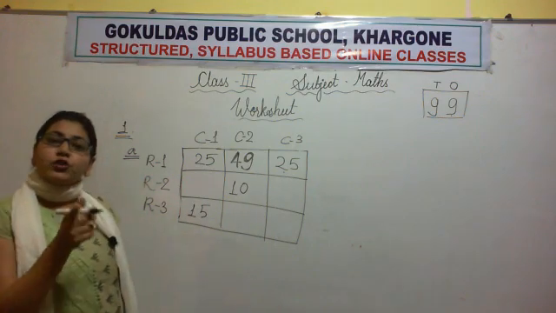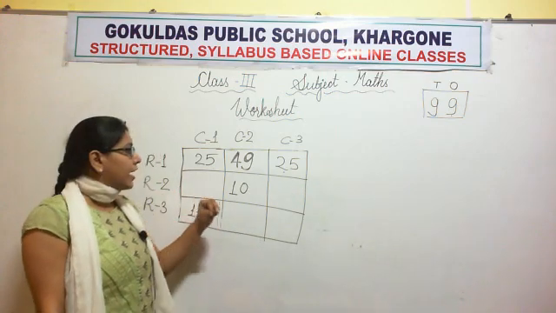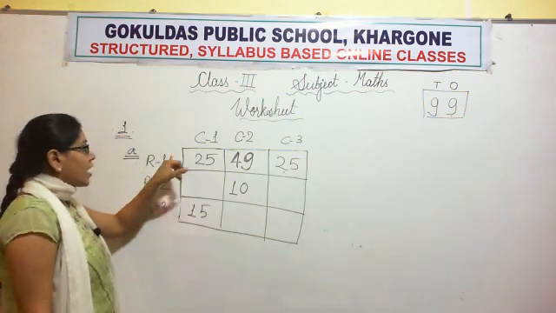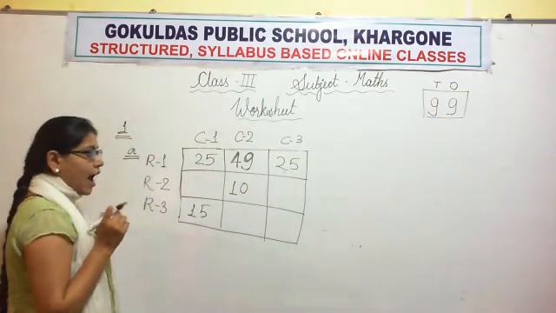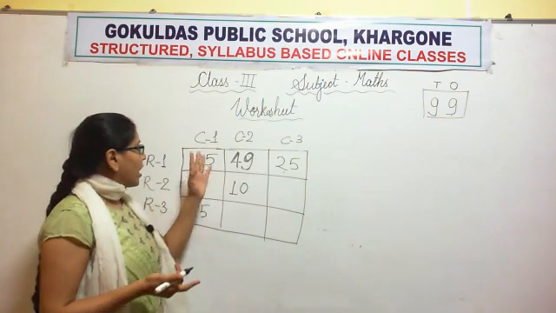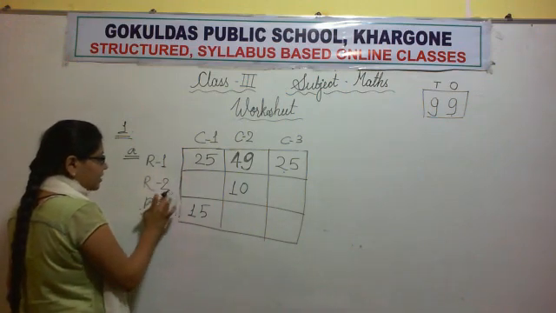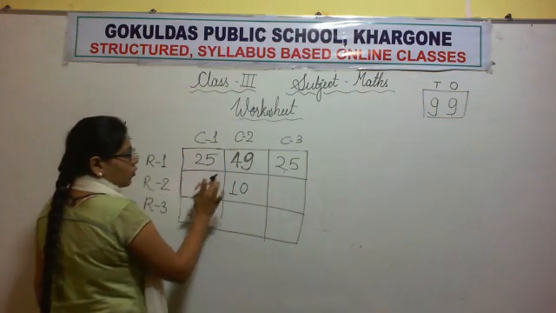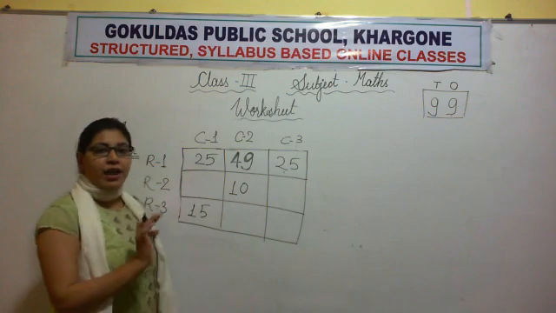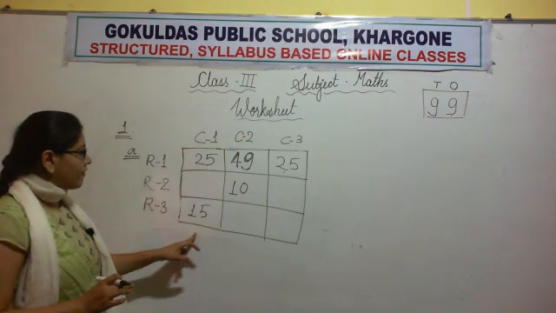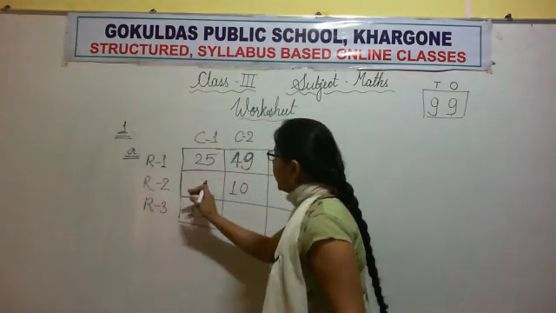See, we will choose those columns or rows which have a minimum of 2 boxes filled. We chose R1. Why? Because these 2 boxes were filled there. Now we'll find out in which row or column 2 boxes are filled. Let's check R2, row 2. Only 1 box is filled. Row 3, here also only 1 box is filled. Now column 1, yes, 2 boxes are filled. So we can get its value.